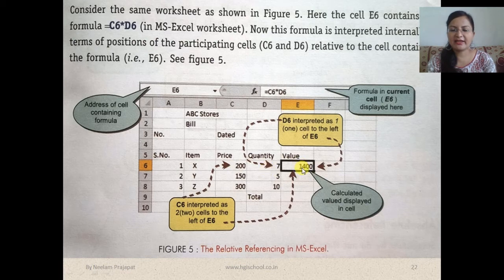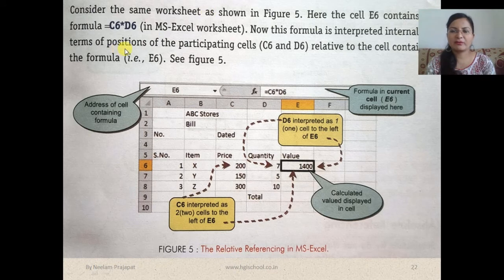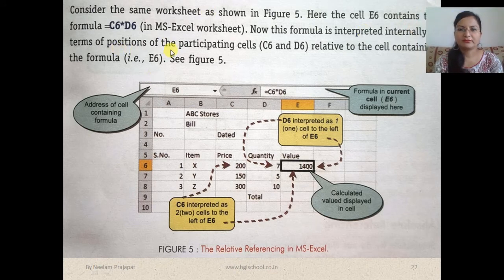When you click here, you will be able to see the formula. Now this formula is interpreted internally in terms of the positions of the participating cells, C6 and D6 here, relative to the cell containing the formula.